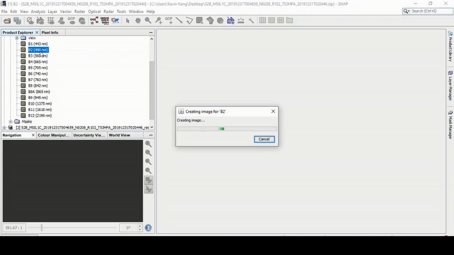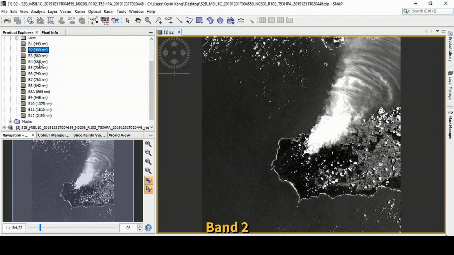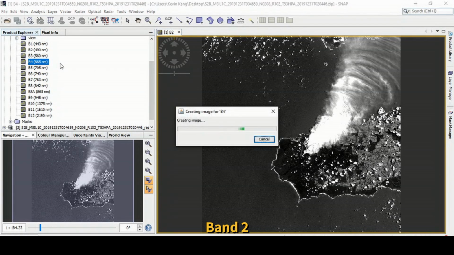So let's click the bands first. One is band 2. And then band 4.